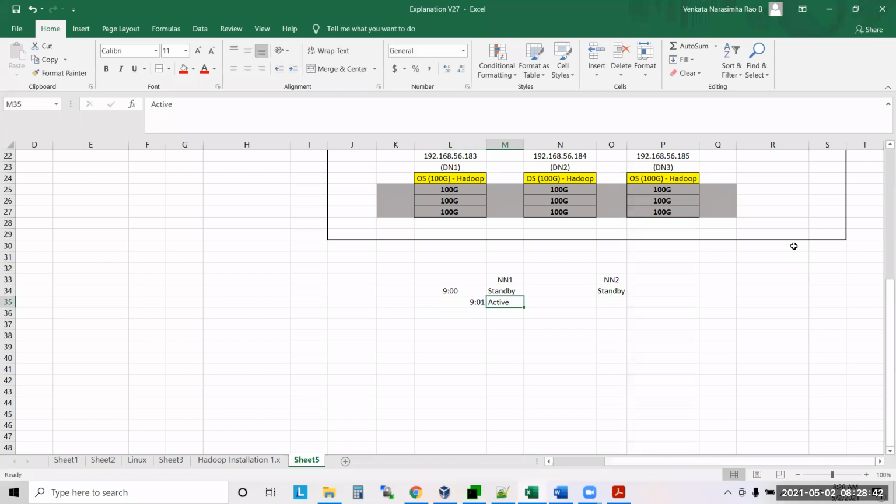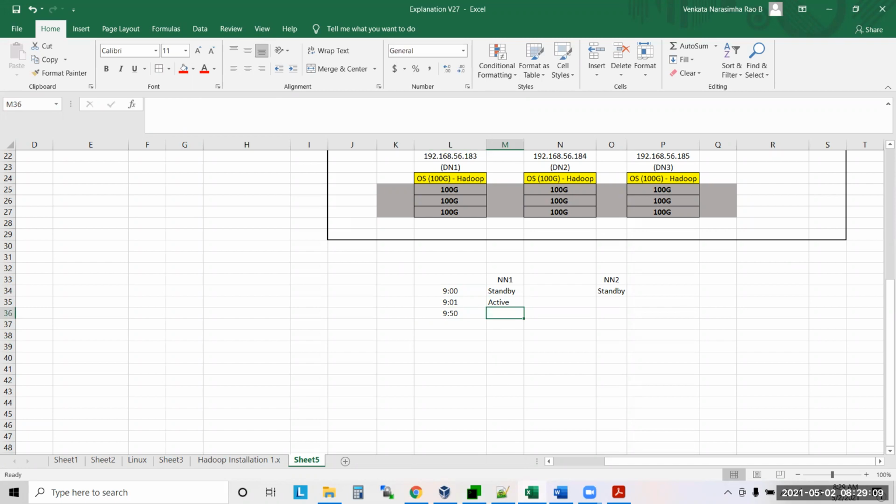Now, who is active? NN1. If you run commands now, who will execute them? NN1. So now the time is 9:01, and let's say till 9:50 this NN1 is active.